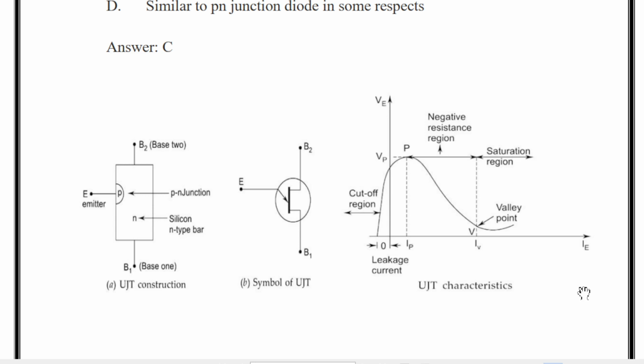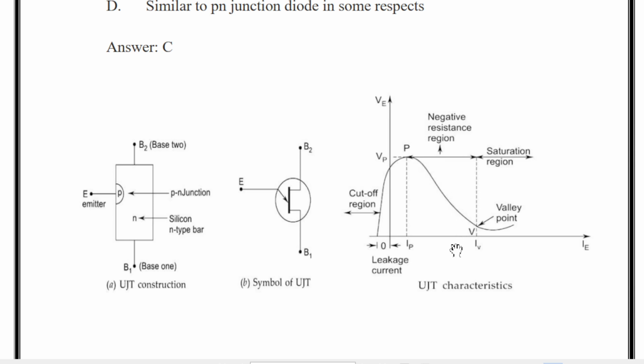Initially, in the cutoff region, as VE increases from 0, a slight leakage current flows from terminal B to the emitter. This current is due to minority carriers in the reverse biased diode. Above a certain value of VE, forward current IE begins to flow,